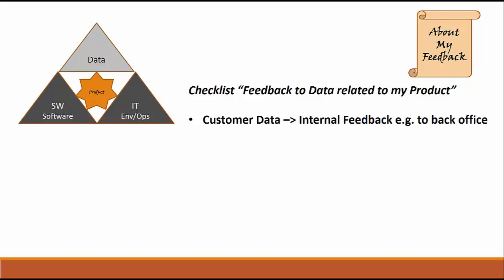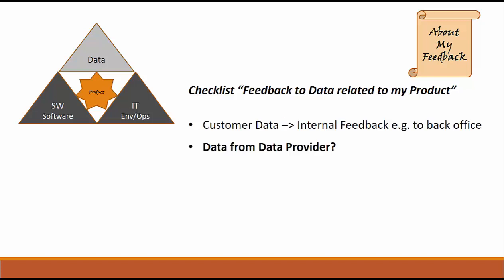In this case, if there's something wrong with the data, it should be internal feedback to the back office of the customer who prepares those data, or you have data in your system from a third-party data provider. In this case, if there's something wrong with the data, the service request to the data provider has to be made by the customer,